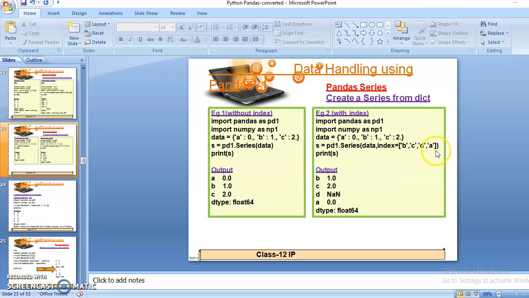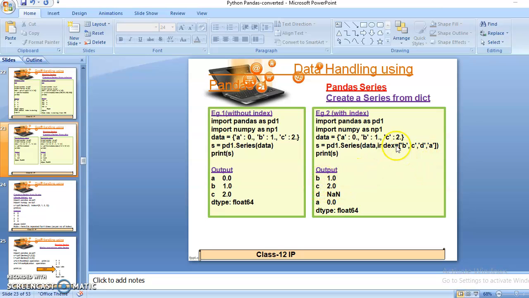I have changed the sequence also: b c d a. Now I have mentioned only a b c index labels with the array elements, and I am passing the index label d also. So what will be the output according to this?